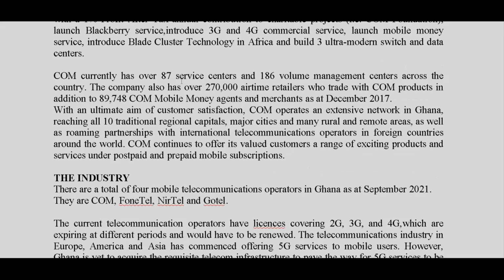country. The company also has over 270,000 airtime retailers who trade with Com products, in addition to 89,748 Com mobile money agents and merchants as of December 2017. With an ultimate aim of customer satisfaction, Com operates an extensive network in Ghana, reaching all 10 traditional regional capitals, major cities, and many rural and remote areas, as well as roaming partnerships with international communications operators in foreign countries around the world. So Com continues to offer its valued customers a range of exciting products and services under postpaid